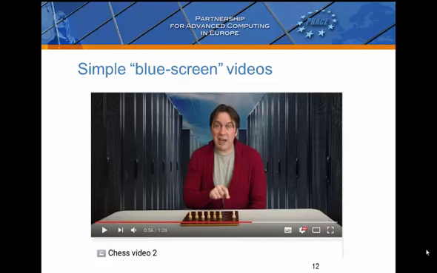We've also got videos. We had very ambitious ideas for the videos. We'll come back to that. We've gone for quite simple presentation, just simple blue screen videos, where I'm sitting there in front of a blue screen with a table and this is illustrating this cellular automaton, this traffic model, which I've illustrated by moving pawns on the chessboard, and we've just put a backdrop in, which is actually the main course logo of a supercomputer. And so we have a number of these videos of me talking and pointing at things, but they're not as ambitious as we'd originally envisaged, but I think they're good enough.